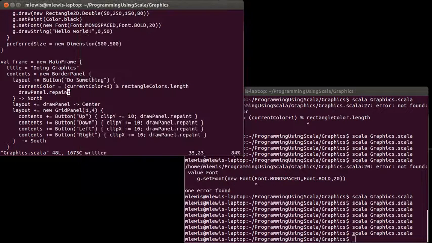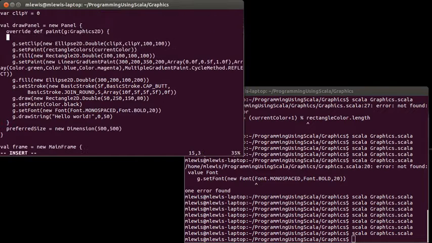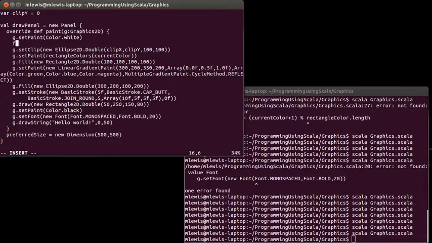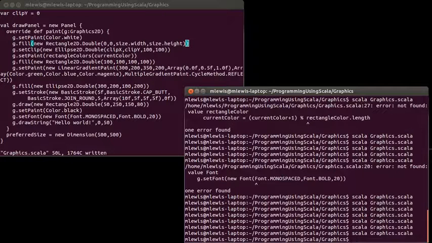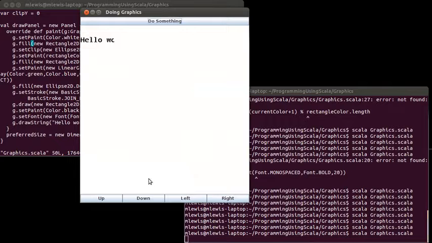I can fix that by coming up here, and before I set my clip, I'm going to say that I want the background to be drawn in white. And I am going to draw a rectangle that covers the entire background. So it starts at 0, 0, and it goes out to size.width and size.height, so it will be big enough to cover the entire panel. And now when I run this, if I move down, you can see that that is indeed changing. And if I move over,